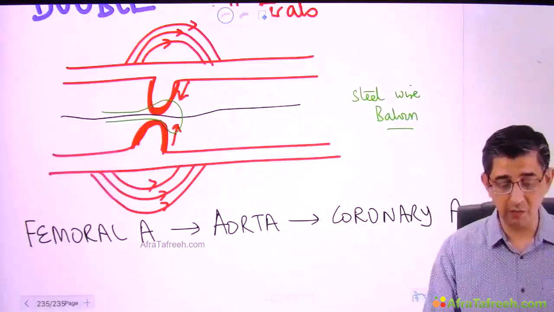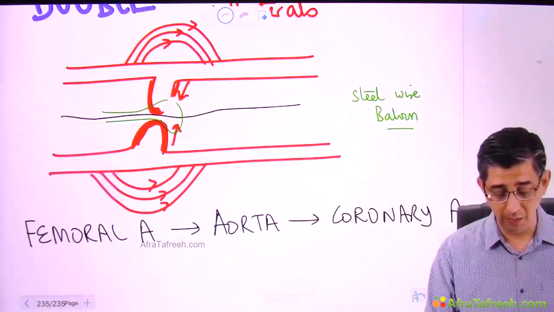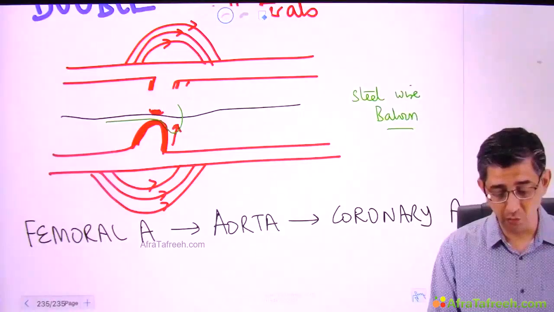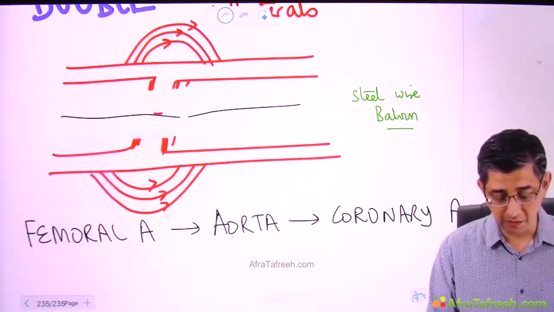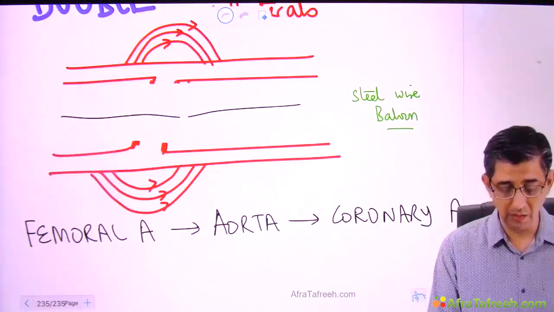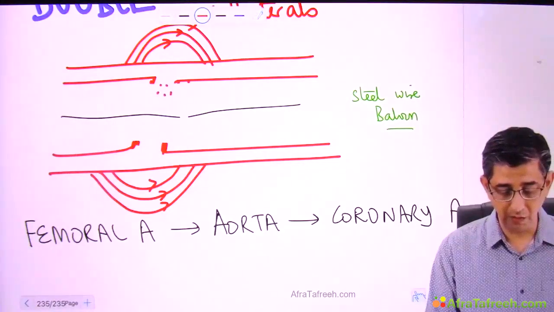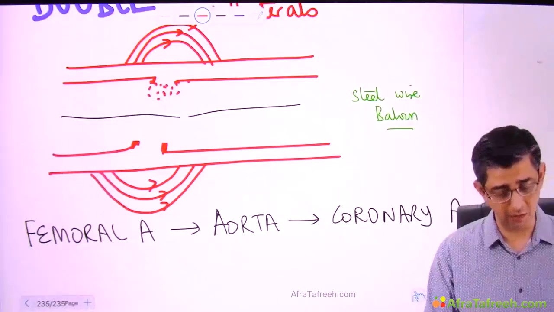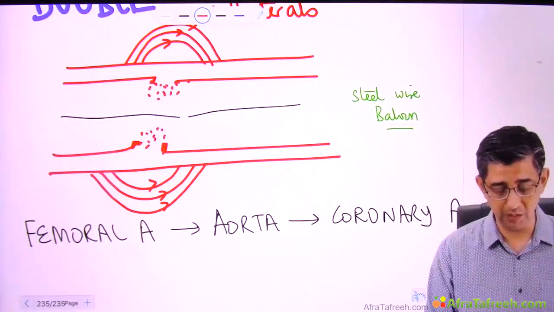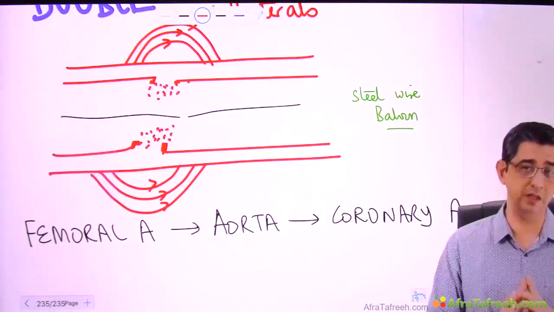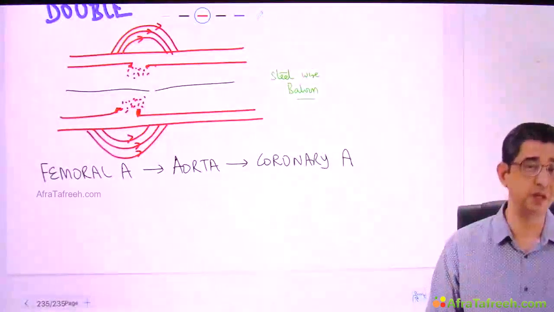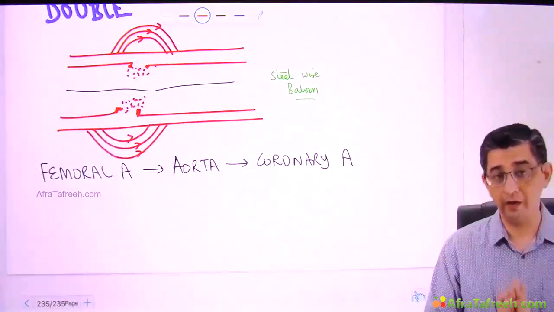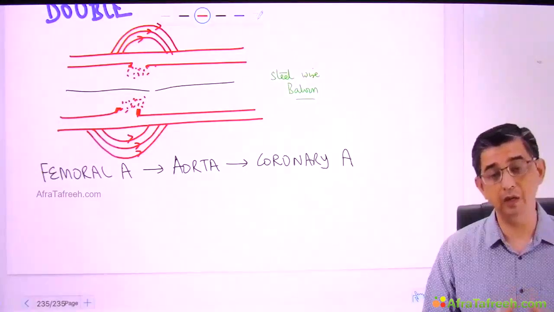So, I will just remodulate this diagram once again. Now, the balloon is being deflated, but the force generated by the balloon has resulted in physical destruction of this atherosclerotic plaque. The good news here is that there is definitely a destruction. There's some debris present, obviously, because the balloon has deployed some force, but as such, the physical obstruction that was present has been removed. So I have been able to deploy a balloon here and get rid of the obstruction, which was the problem maker for the patient.